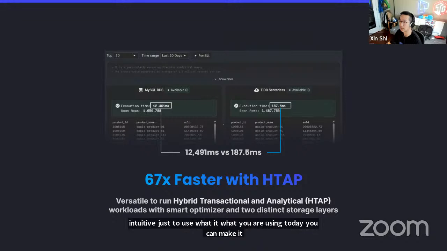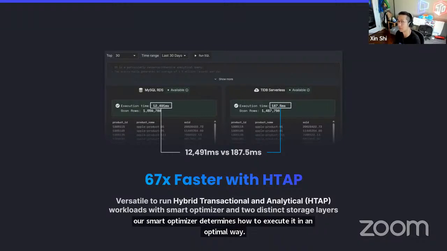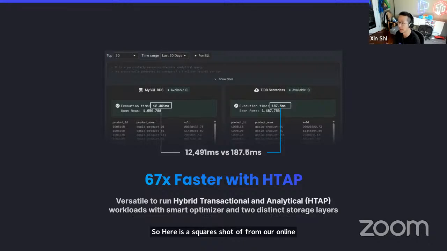Secondly, is about one of the features we are super proud of. That's HTAP. HTAP stands for Hybrid Transactional and Analytical Processing. So basically, you can run both types of workloads. You can run hybrid workloads inside this single database. You just trigger the SQL queries, and our smart optimizer determines how to execute it in an optimal way. So here is a screenshot from our online benchmarking tool. So in the past, if you just utilize the resource from the RDS database in MySQL, and if you run analytical queries on top of it,